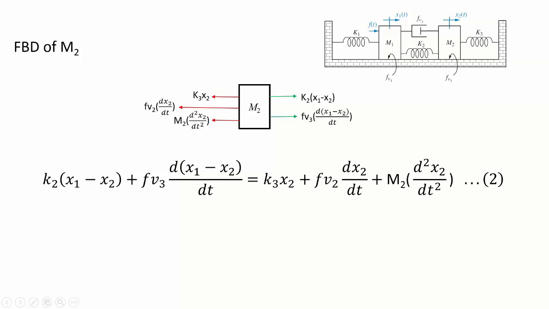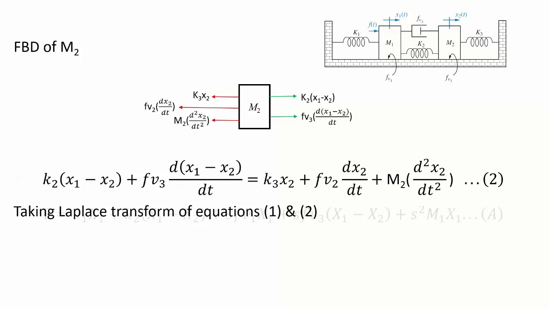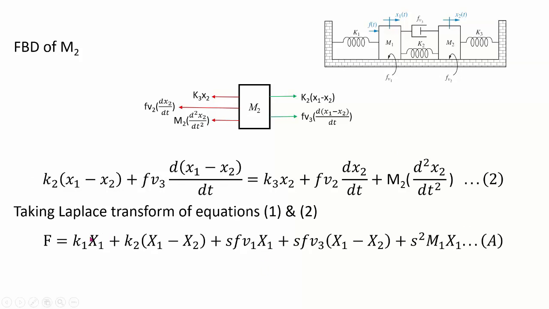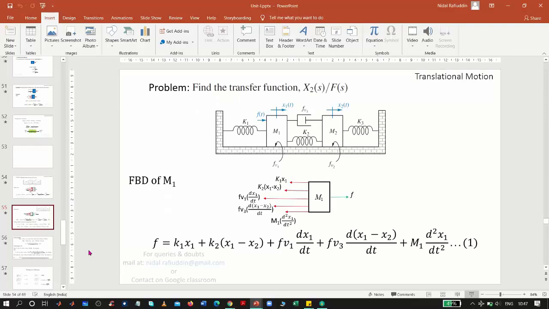So now from equation 1 and 2, if we take the Laplace transform of both the equations, for equation 1 we obtain, on taking Laplace transform, f equal to... So if you look at equation 1, this is f equal to in time domain. Small f is in time domain, x1 is in time domain, so all the small letters are in time domain. And once you take the Laplace transform of this equation, you get capital F, which is in S domain or